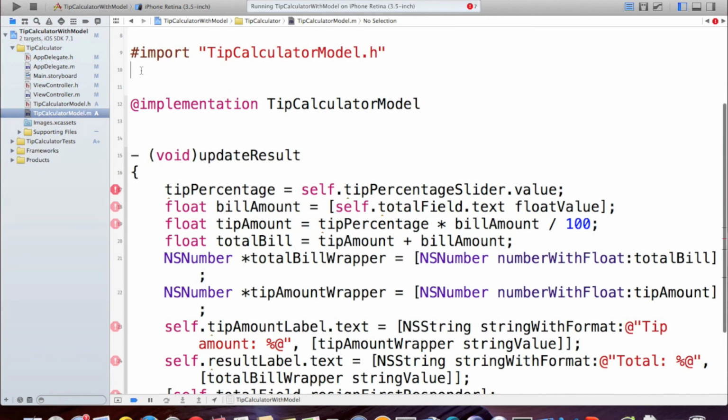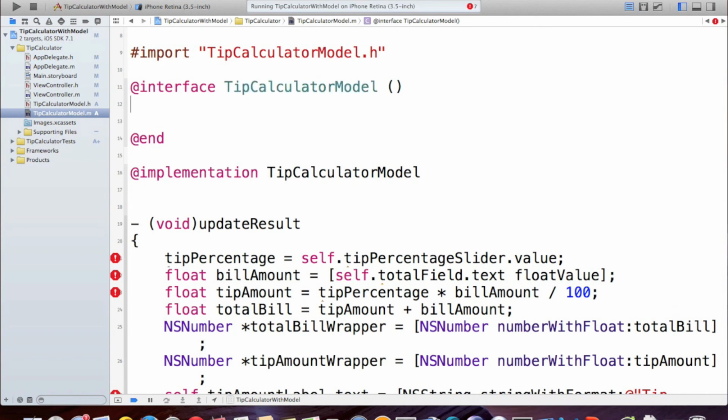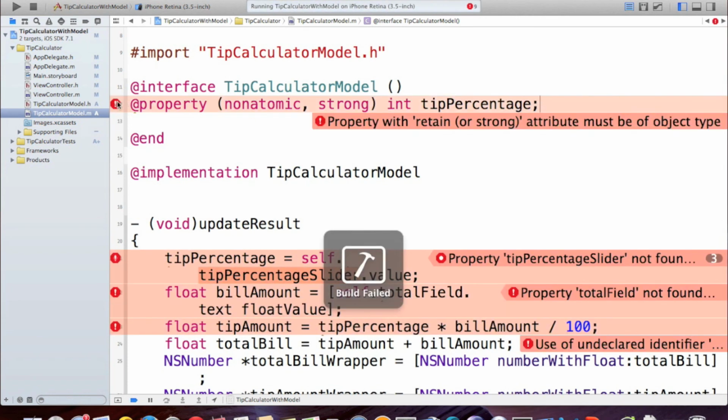and put it here, and instead of this we have to put open and close parentheses, and then we can define our property. @property nonatomic strong int, and then tipPercentage. Let's just copy and paste tipPercentage here and close. But we will get an error for this because this is not